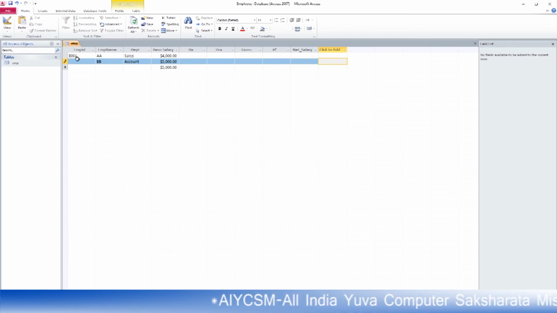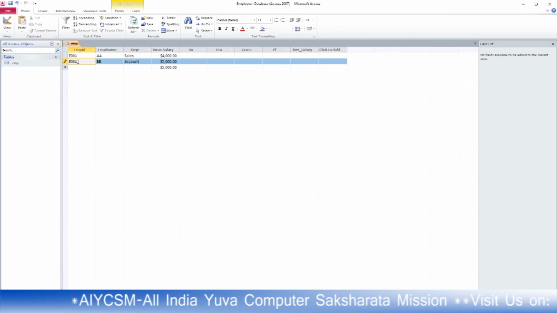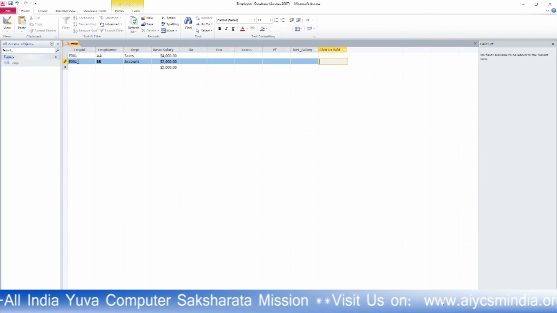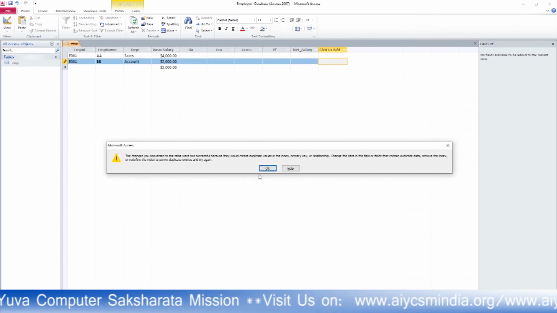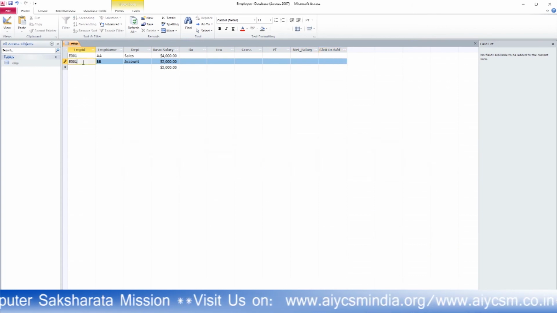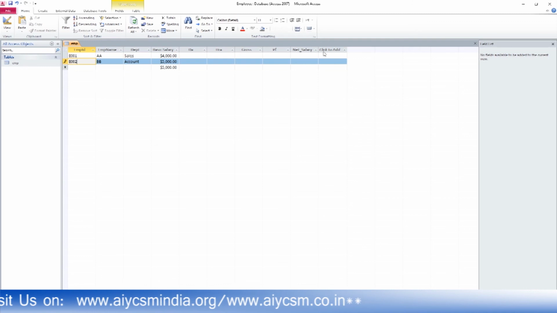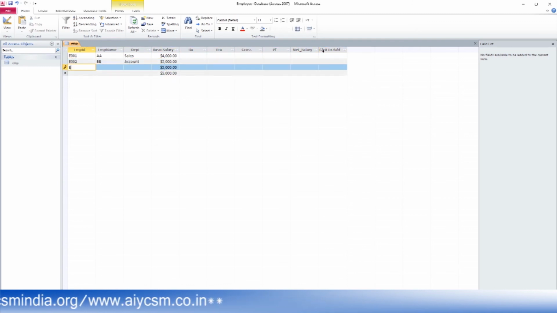So you have to provide a value actually. If you provide a duplicate value, the same value as the first record, you are unable to go to the next record. Because this field is not empty and this field is not duplicated, okay, now it gives you the permission to go to the next field.